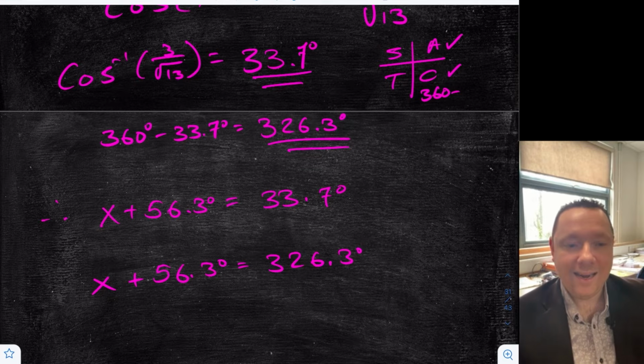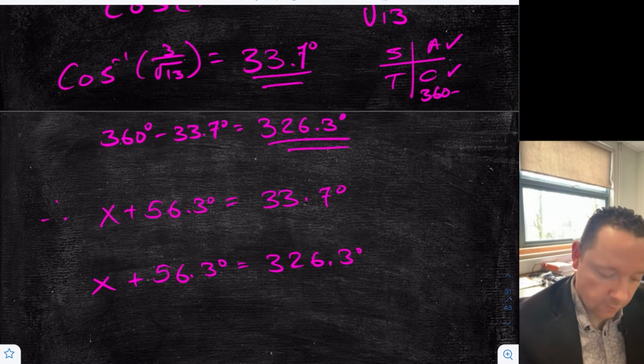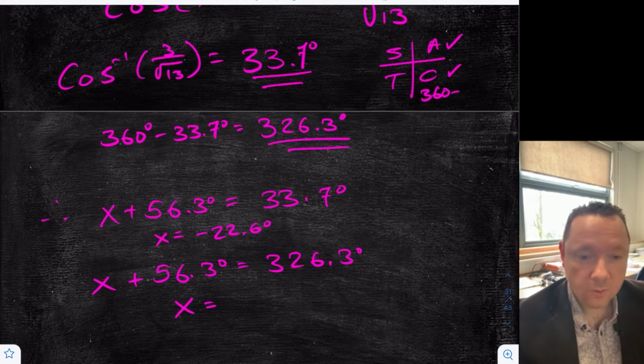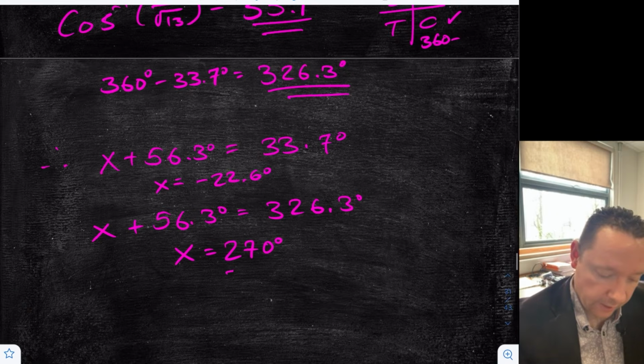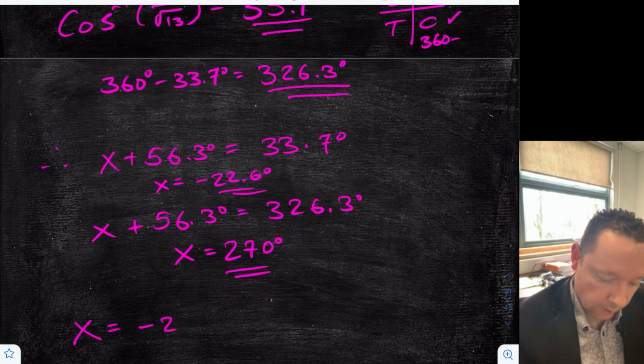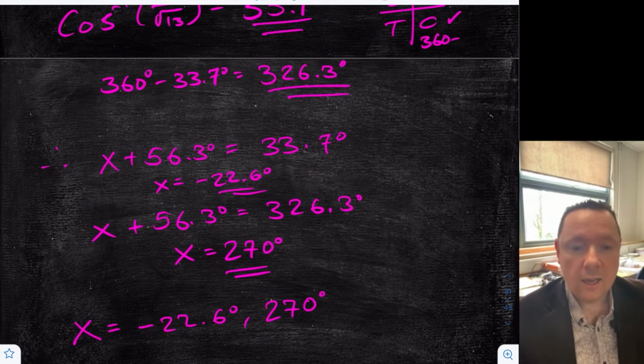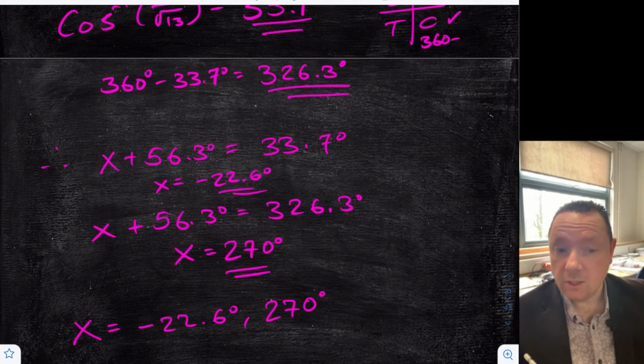Solving for x, the first one gives me minus 22.6 degrees, and the second one, taking away 56.3, gives you 270 degrees. So we can then say final answer, x equals minus 22.6 degrees, 270 degrees, but minus 22.6 is